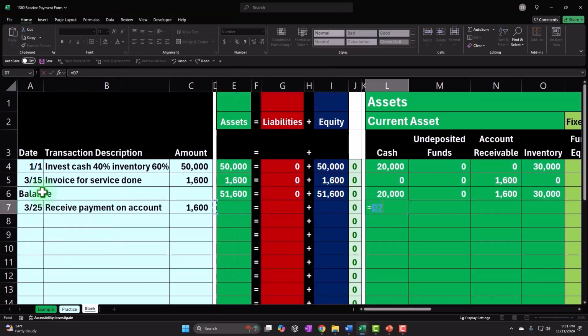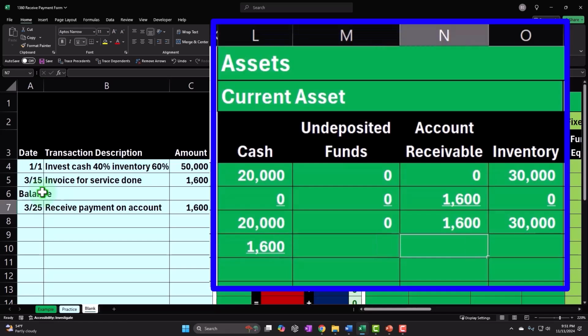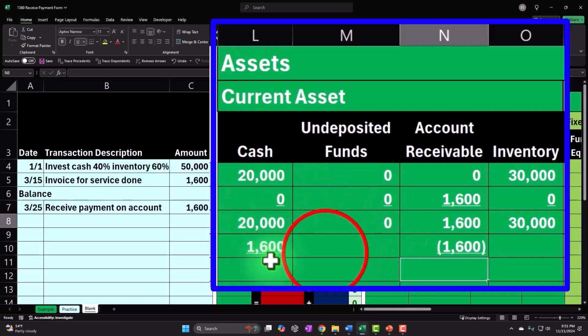So we're going to say it's going to increase the checking account 1,600, and then the other side is going to be going into accounts receivable negative 1,600. So we're on the same side of the accounting equation. It went up and then went